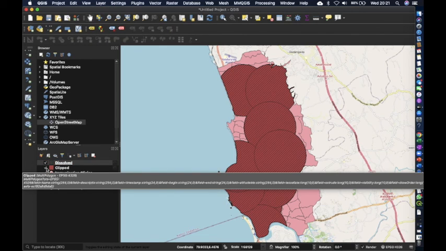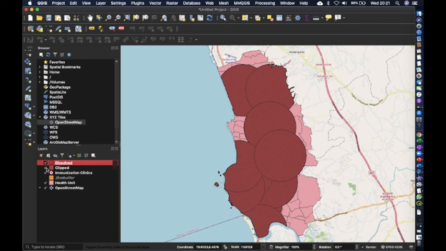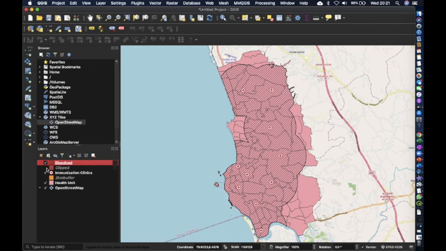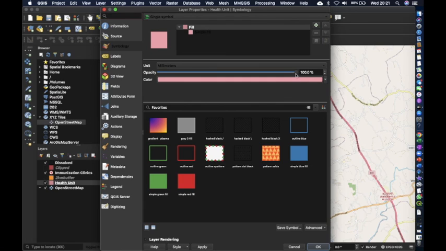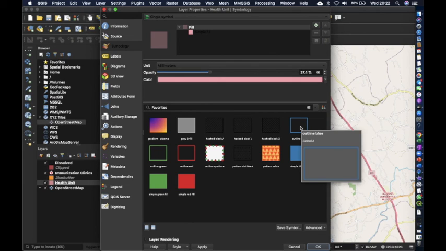I can uncheck the clip layer, then the clip layer is no more there. The administrative area, I can keep, or else I can even make it transparent or change the color just to show the outline boundaries.